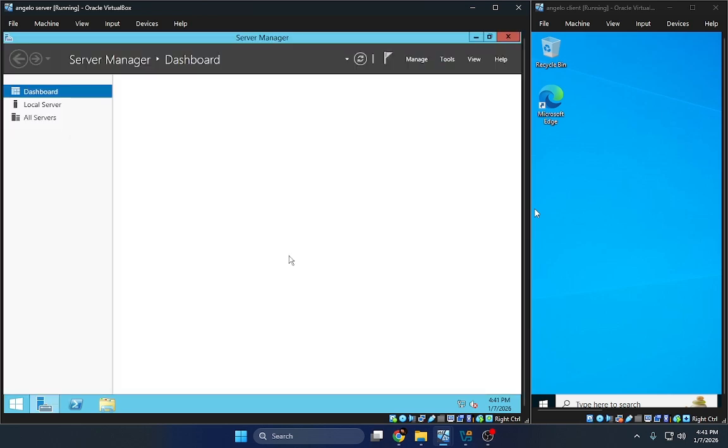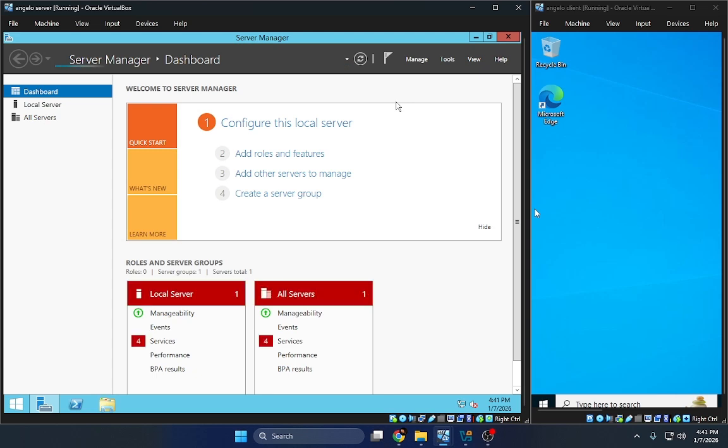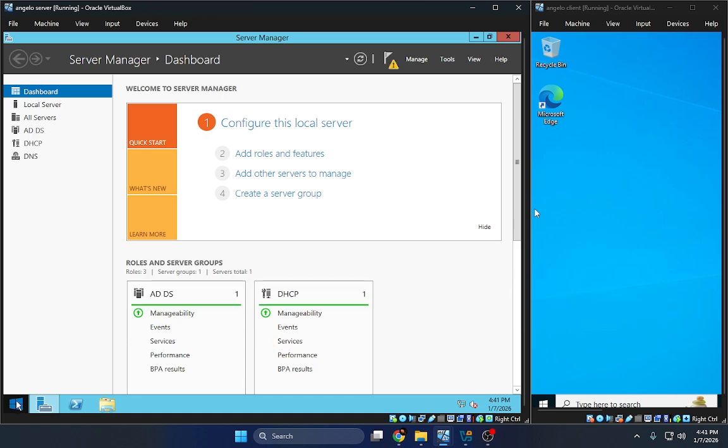Then I check the flag, then I go next, then I close it.